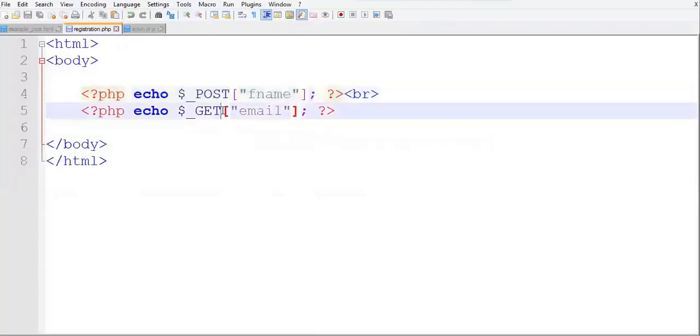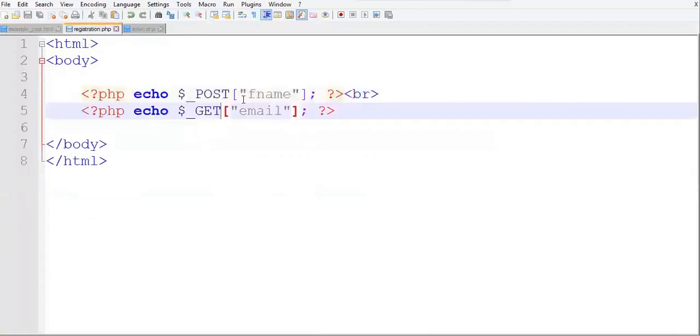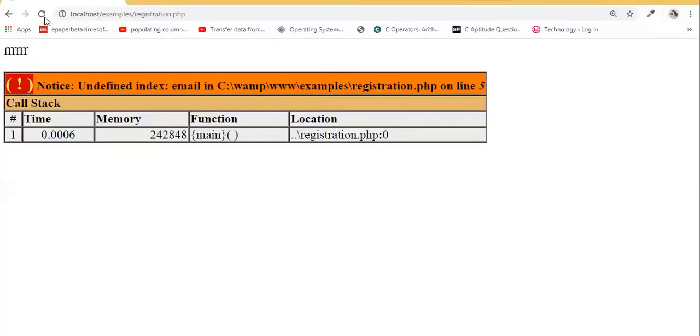So if in a form you have the method specified as post, but here you take it as get, even that will not fetch the property value. Now we have changed it. Let us refresh it.